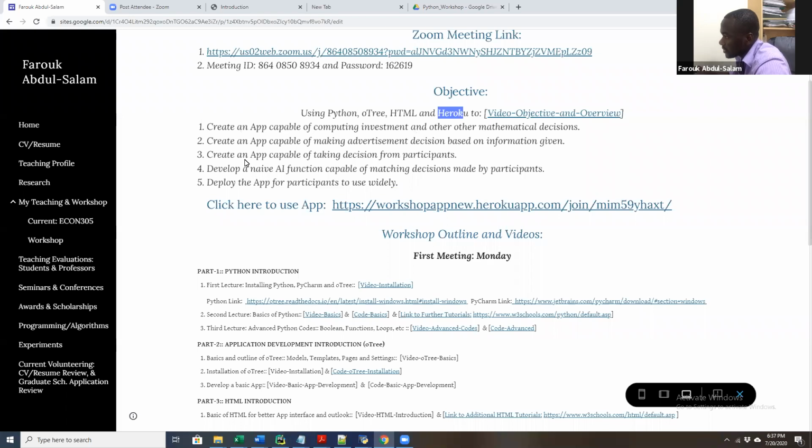So to achieve these 5 objectives, as I pointed out earlier, there's a need for us to have Python. Python is going to be the machine that will drive us in getting the functions ready, getting the app doing what we would like it to do. Now, the next thing here is to use oTree. oTree is more or less like using Python within its own